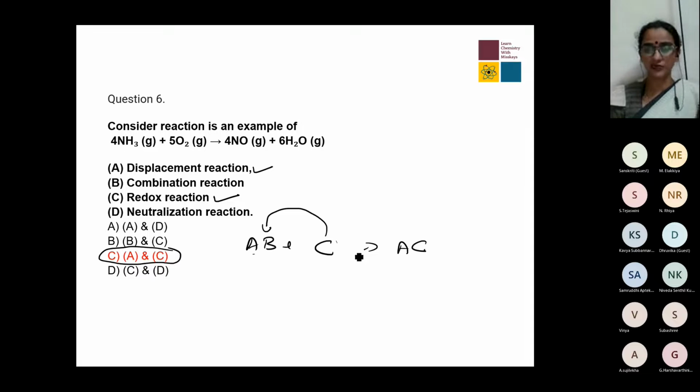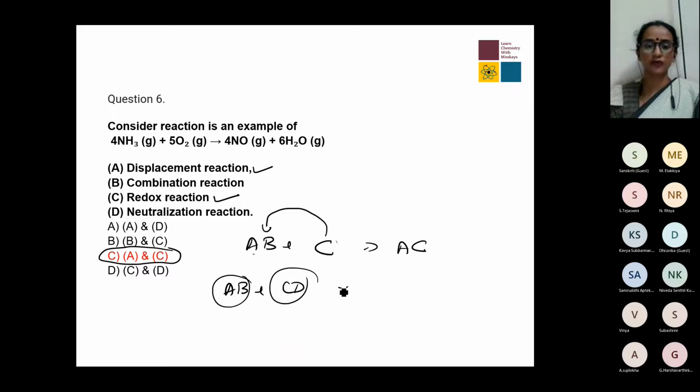Why is it not a double displacement? Now, I know that there tends to be a little bit of confusion between displacement and double displacement. For a double displacement reaction, you need to have two compounds, not an element in a compound, which means you need to have something like AB plus CD. So this would be a double displacement. If a reaction occurs between AB and CD, AB is a molecule, CD is a molecule. When they exchange their ions to form, let's say, AD and BC, this will be called double displacement. So double displacement occurs when you have two molecules or two compounds undergoing reaction,